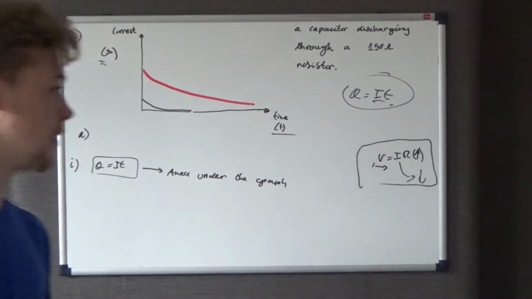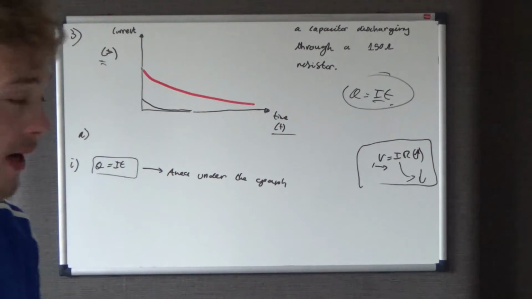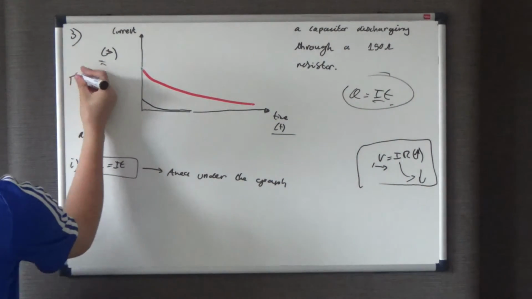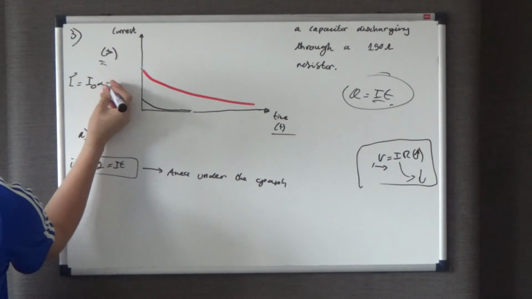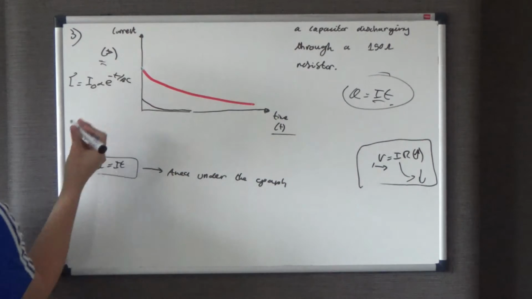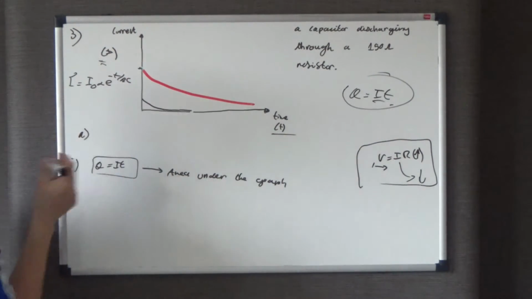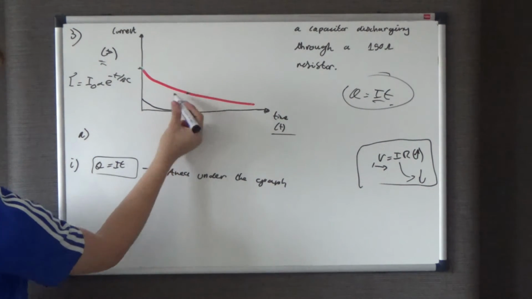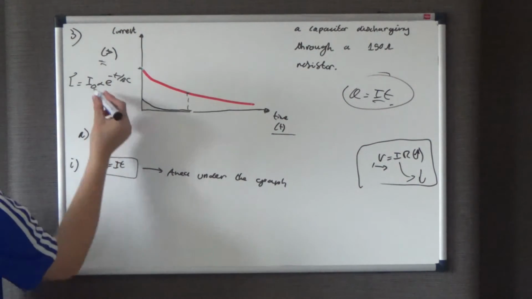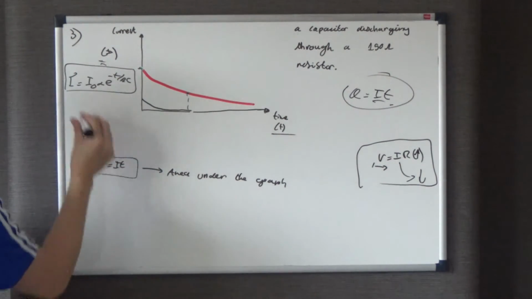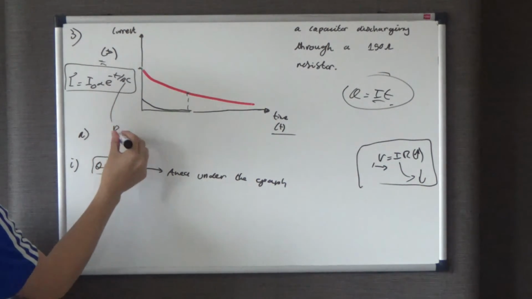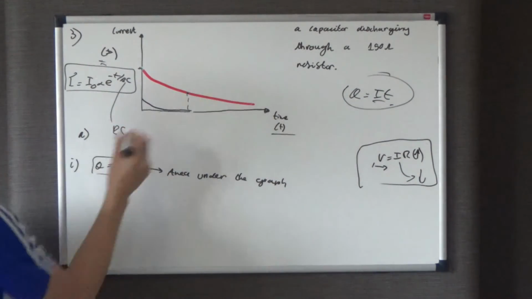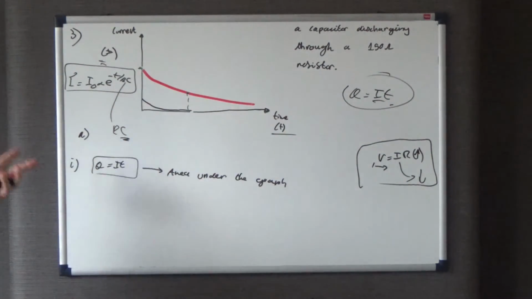I'm sure I put a box above my head saying wouldn't it be so easy. But use the current. I'm thinking use the equation I equals I naught times e to the negative t over RC. And you work out what that is. Or you pick a point on the original curve, and you use this equation. You sub the point in, use this equation to work out what RC was. And as I say, you know what the resistance is, so you use the point to work out the capacitance. So once you've worked out the capacitance,